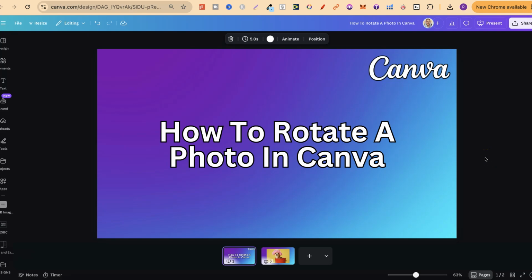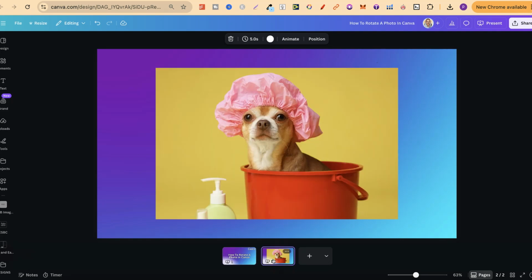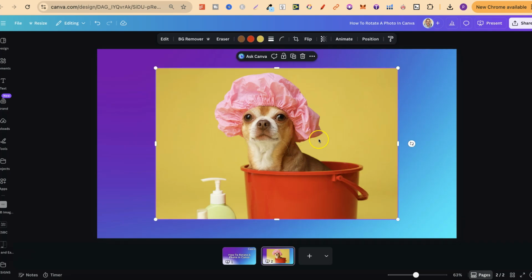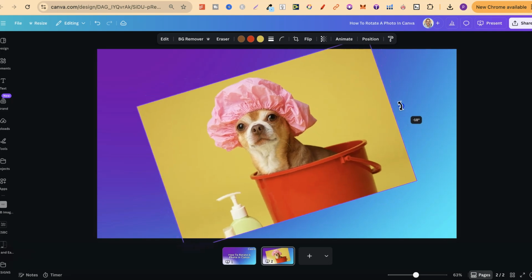In this tutorial, I'm going to show you how to rotate a photo here in Canva. Now, this is really easy to do, and it literally takes seconds. Now, once you have your photo on the canvas, we simply click on that, and then we see just here, this little tiny icon. If we click on there and hold it down, this is where we can rotate the